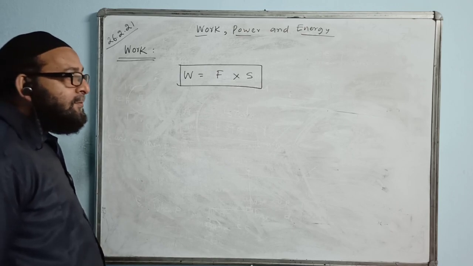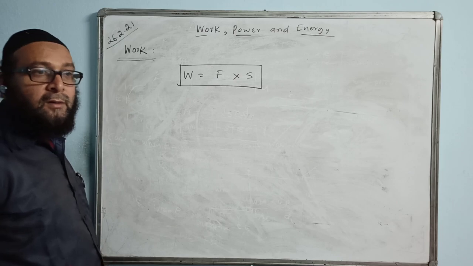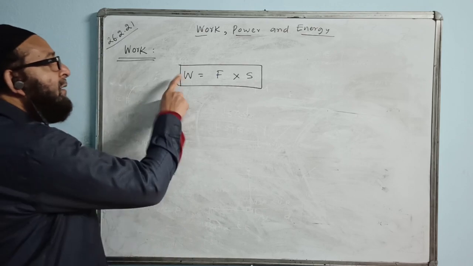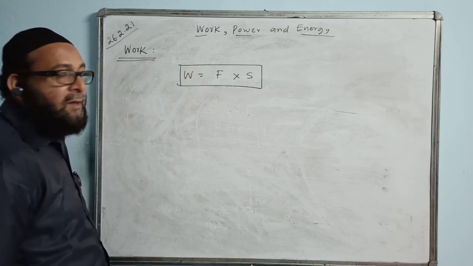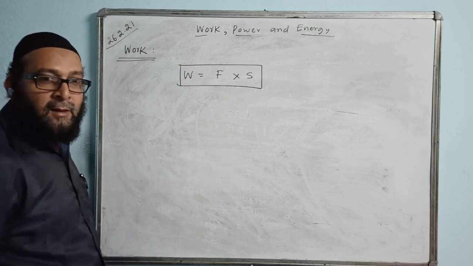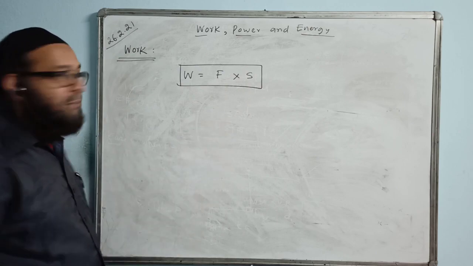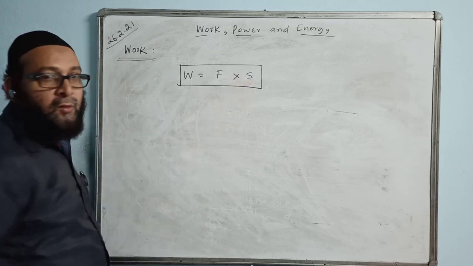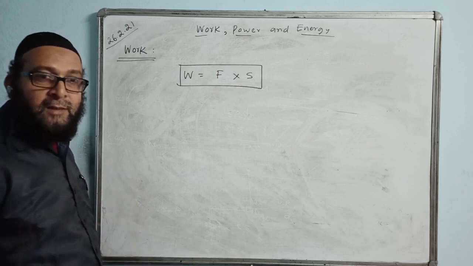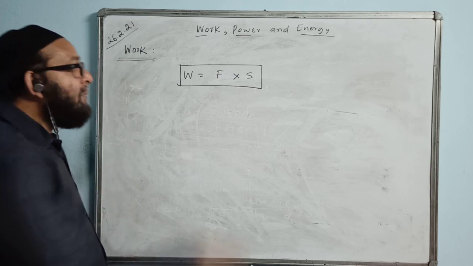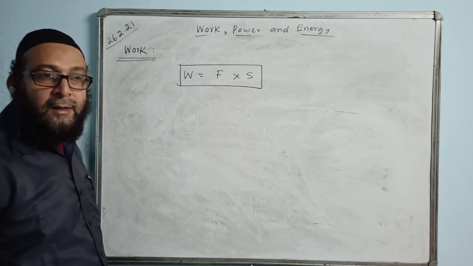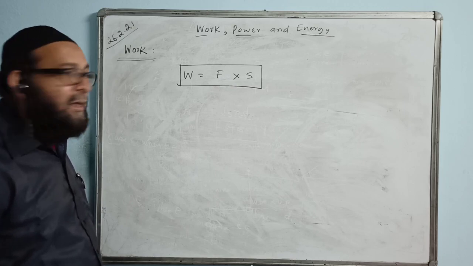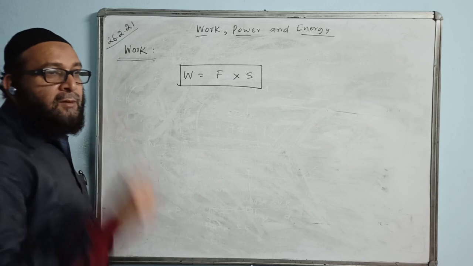Okay, now. What are the conditions for work not to be done by a force? There are two conditions under which the work done by the force is 0. First condition is S must be 0, displacement. If the displacement of the body is 0, W is also 0. And the second condition is that F must be perpendicular to S. If F is perpendicular to S, that means theta is equal to 90 degrees. Theta is the angle between F and S. No matter how big a force you apply, the work done is 0 because the angle theta is 90 degrees. So under two conditions work is not done.